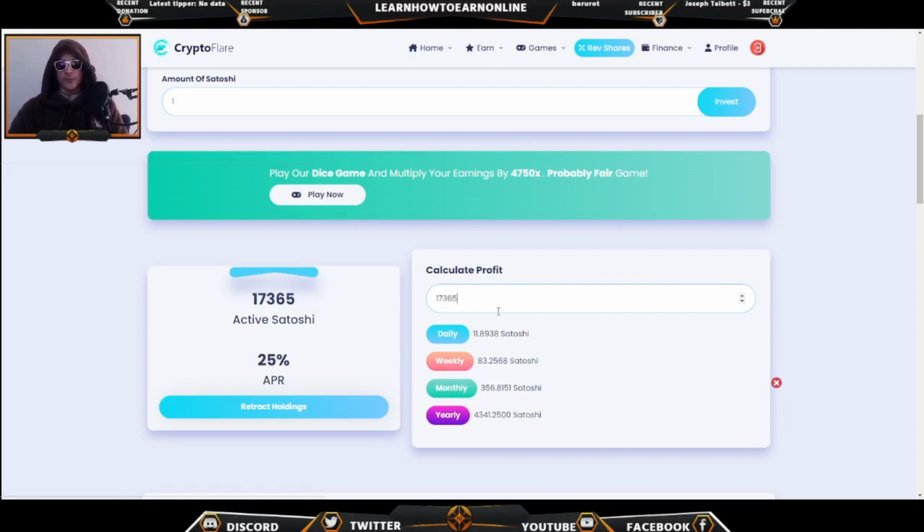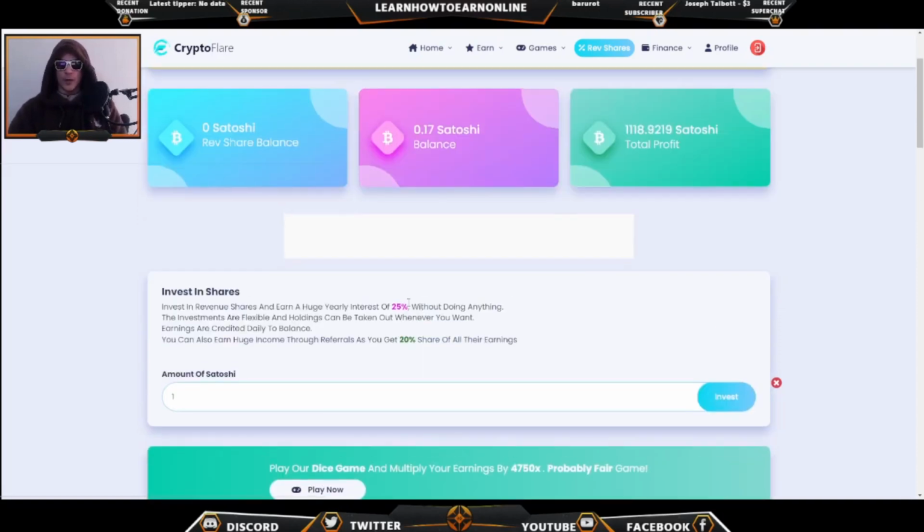but that's only added 342 Satoshis. But over that 2-month period, to this number here, that is quite a big jump. Like I say, yearly we were at 2,800 and something, and now we're at 4,341 that we've built up over the last 2 months. So I think that's actually quite positive. And monthly we're at nearly 360 a month. So obviously, like I say, it is a bit of a slow burner when it comes to